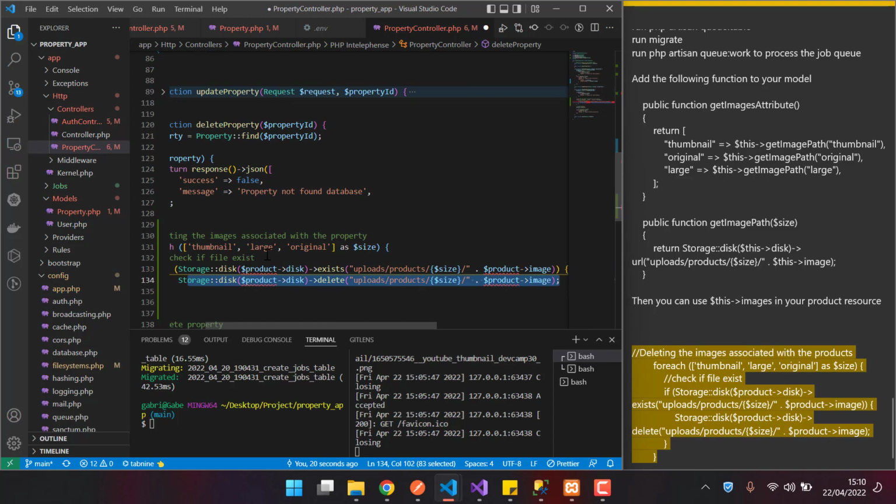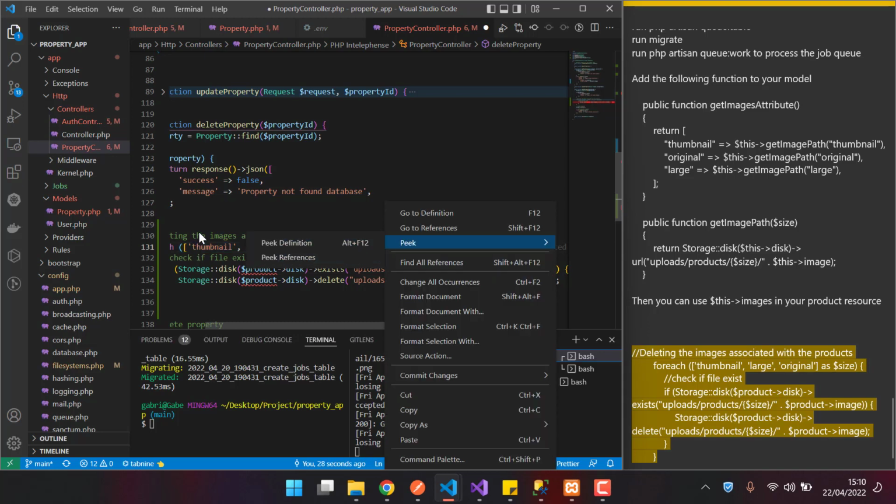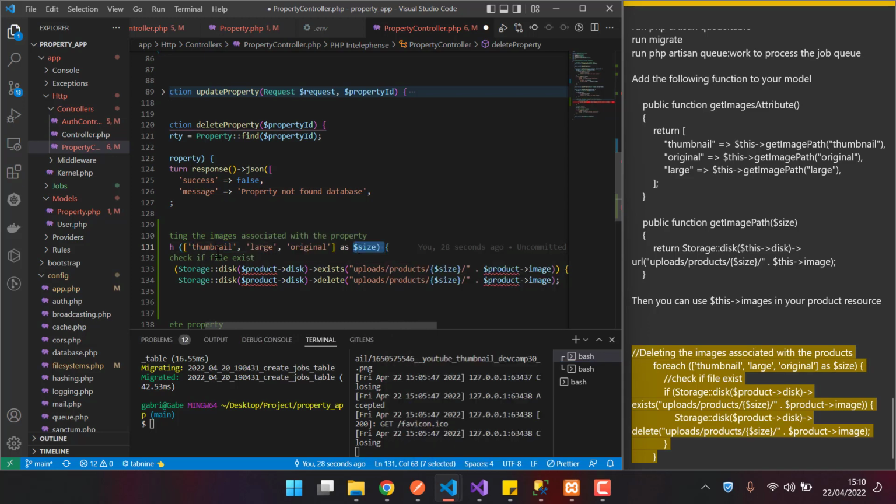So that is simply what this code does. It's a very simple thing. It loops through this value, and on the first go, thumbnail will be size. This is basically how foreach works. On the first go, thumbnail will be in the variable size, and therefore